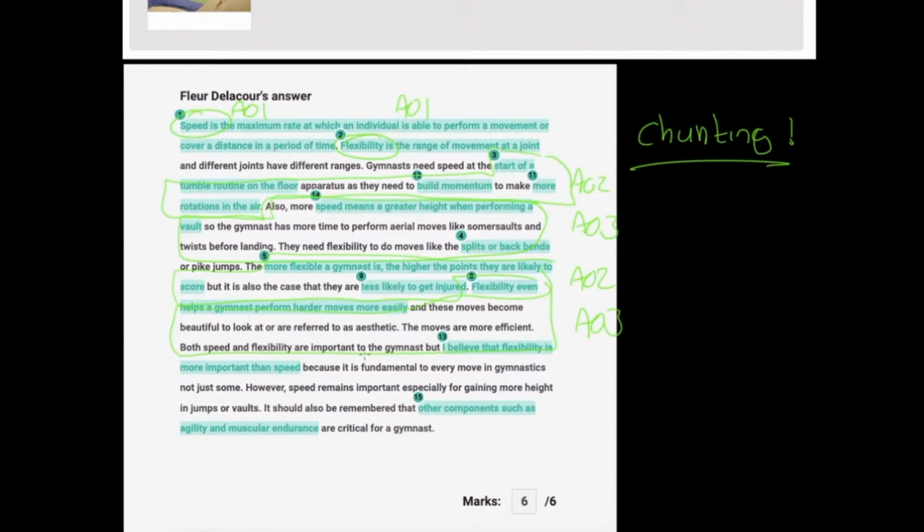But notice what I put in here. Both speed and flexibility are important to the gymnast. Now, I wasn't asked to compare, but it's nice for my conclusion. I believe that flexibility is more important than speed because it's fundamental to every move in gymnastics, not just some. However, speed remains important, especially for gaining more height in jumps or vaults. It should also be remembered that other components such as agility and muscular endurance are critical. So I'm even bringing in other things. Now, these are AO3 skills. Okay, so I'm not linking, I'm not